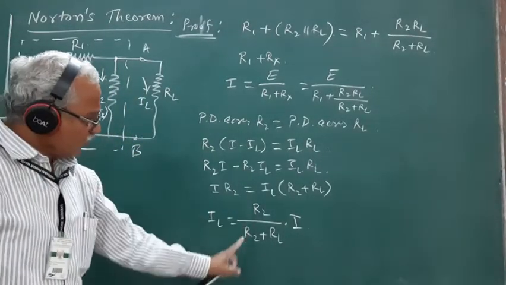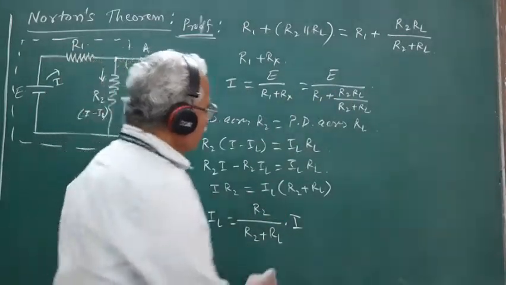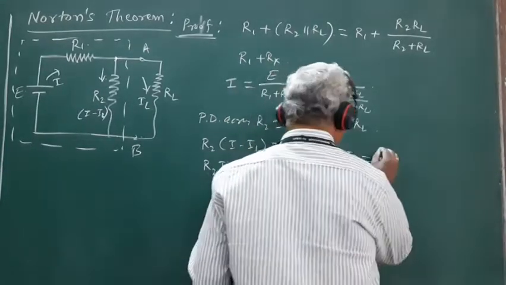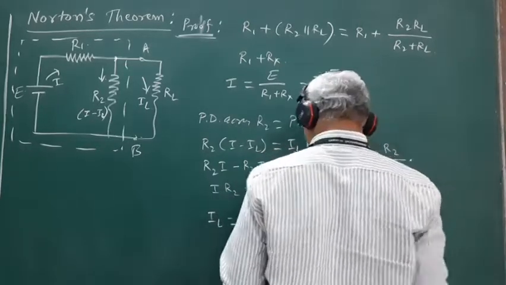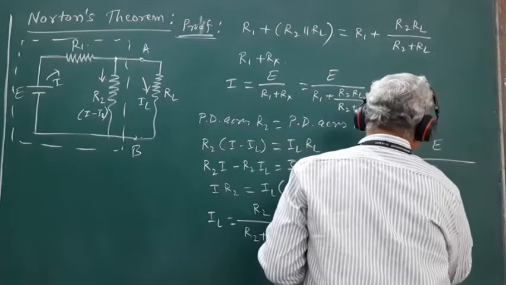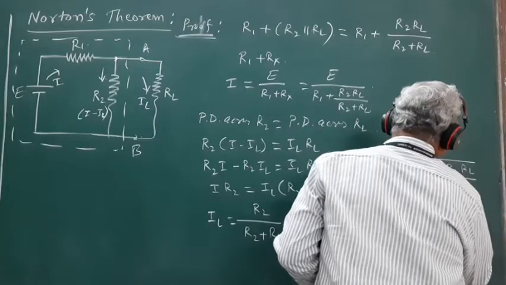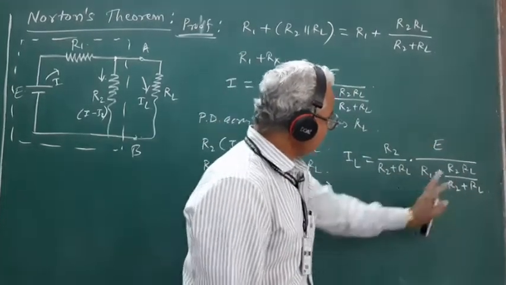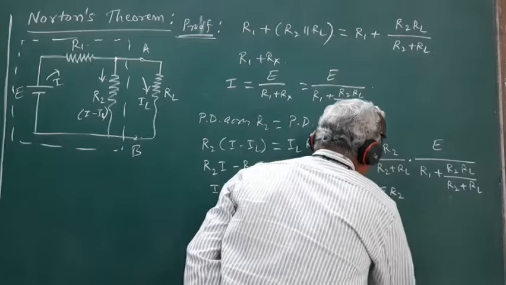IL will be equal to R2 upon R2 plus RL into I. And using this expression for I here, we get IL to be equal to R2 upon R2 plus RL into I. I is E divided by R1 plus R2 upon R2 plus R. So, taking LCM here, we can express this as E R2